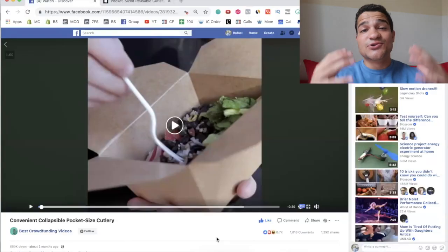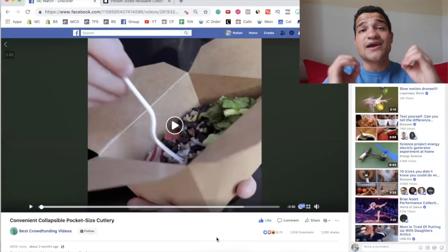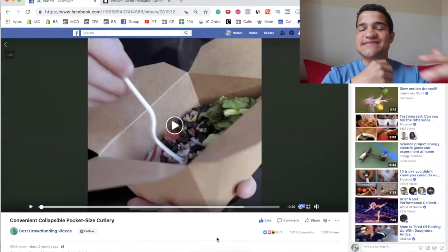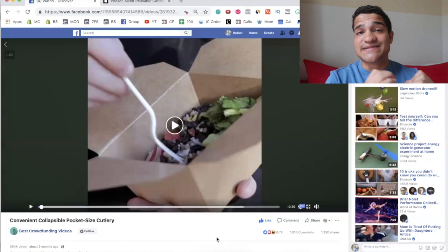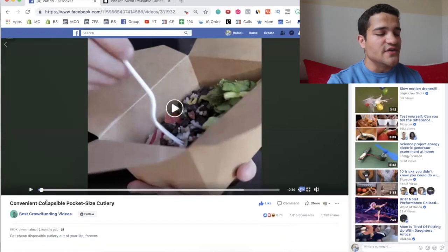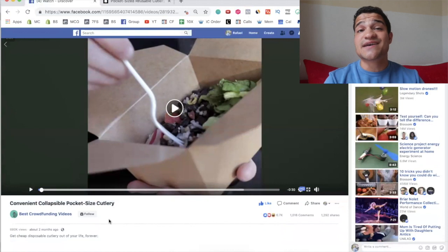I am checking. I told you I was going to show you 3 products, but I also want to show you this particular one. It's not entirely dropship, and it's not that easy to dropship. I just want to tell you what's possible when you create a product that solves a massive problem. If you go right here and we see convenient collapsible pocket-sized cutlery, this is from a page called Best Crowdfunding